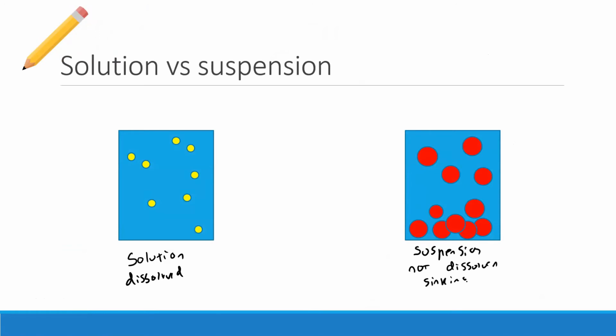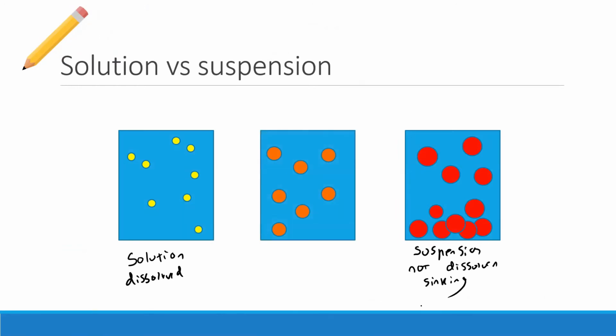And in the middle, we're going to add in our colloid. Our colloid is in the middle. As you can see, the particles are bigger than those, but they are smaller than these. They're not dissolved,